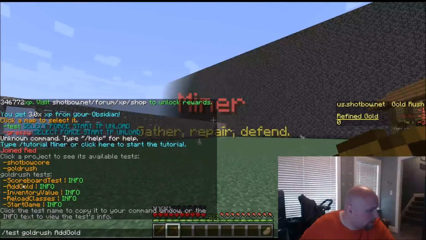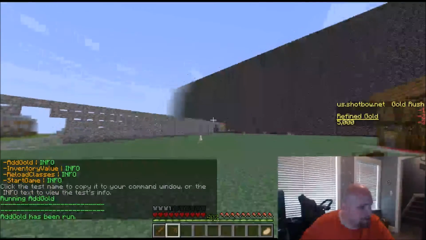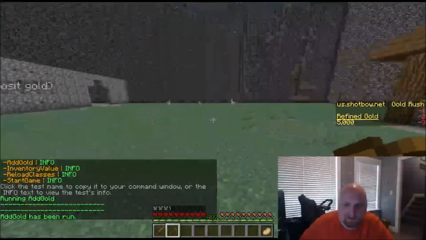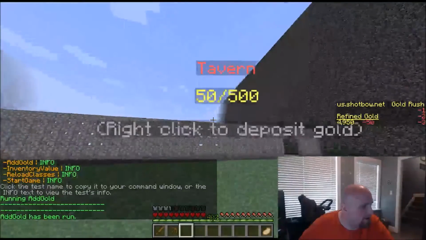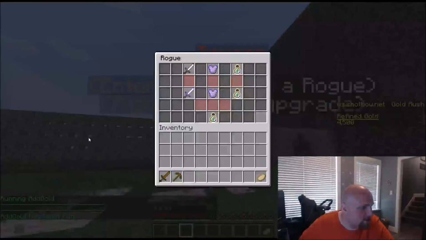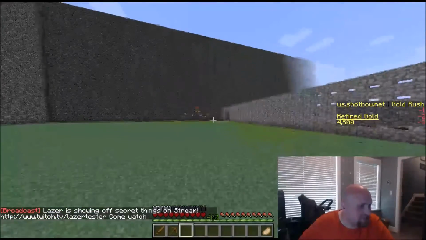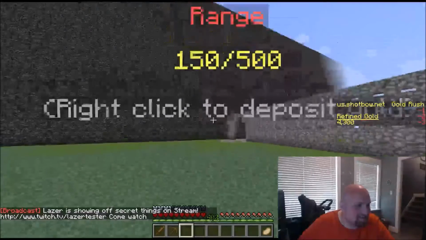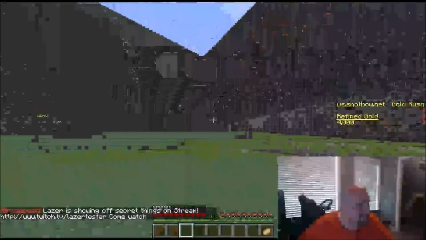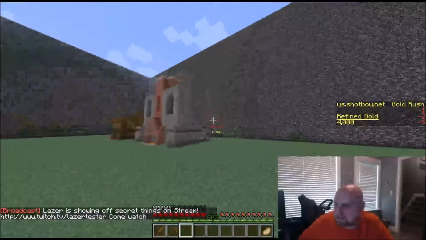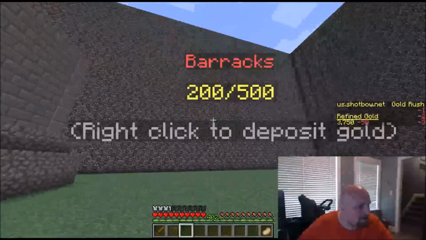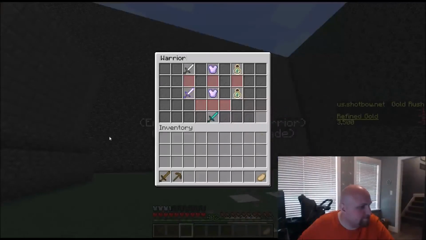Gold Rush, add gold 5,000. Yeah, I know, I'm a cheater, I'm sorry. And then let's do this. Let's build the tavern. Yeah, Laser showing off secret things on stream. That is absolutely accurate. Was going to do something lame, decided to do something not lame. We'll just get those building.